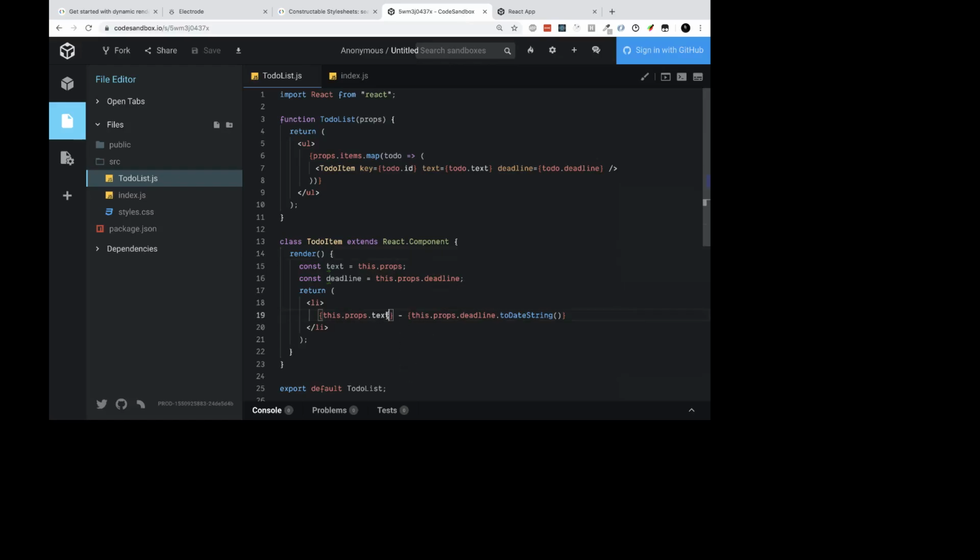So I can do this and transform this to text and this to deadline. This is better. There's even better. What can we do? Instead of this.props.text, we can do something called destructuring. What it means is taking values from an object. So if I comment these lines, I can say const, okay,